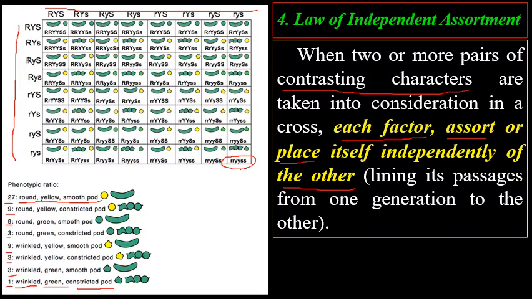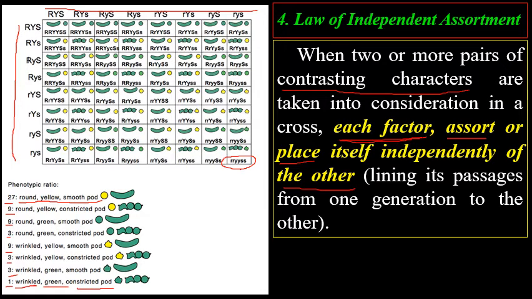So the ratio will be 27:9:9:3:9:3:3:1, in which each factor